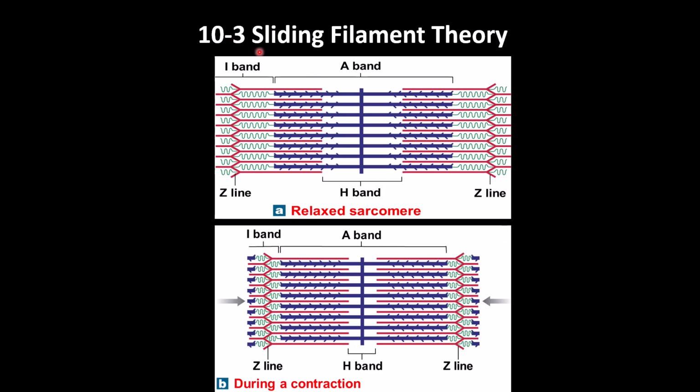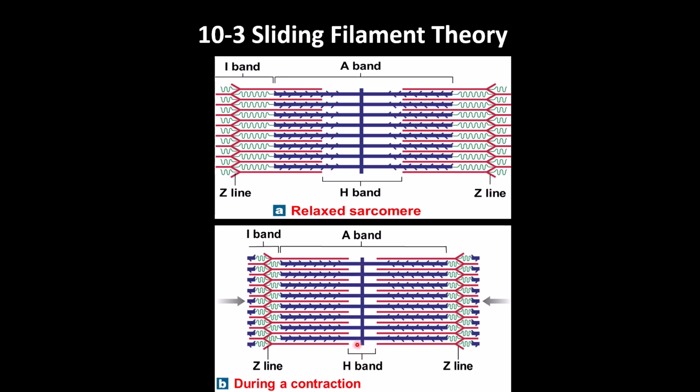Sliding filament theory is that I can give you two different states, and then it's easier to understand. Normally when the muscle is relaxed, you can see the H band is wide, and also the I band is wide here. There is also a zone of overlap, so the thick and thin filaments can be close to each other. And when the muscle is contracting, the heads of the thick filament attach to the thin filament, and the thin filament moves toward the M line, toward the middle,